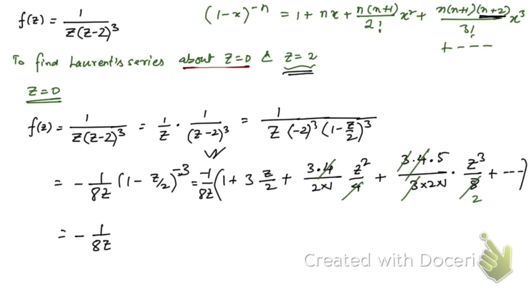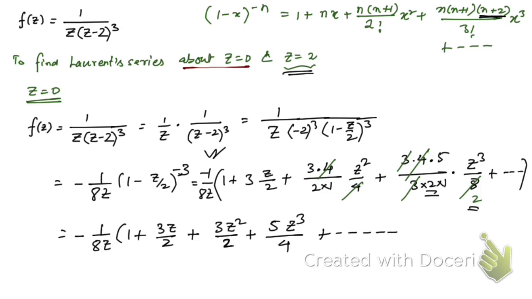So this expansion is equal to 1 plus 3z by 2 plus 3z square by 2, then plus we get here 2 into 2, that's going to be 4, 5z cube by 4, right,